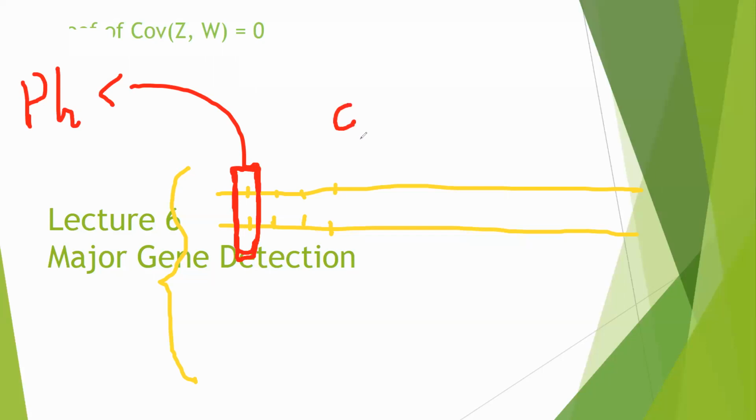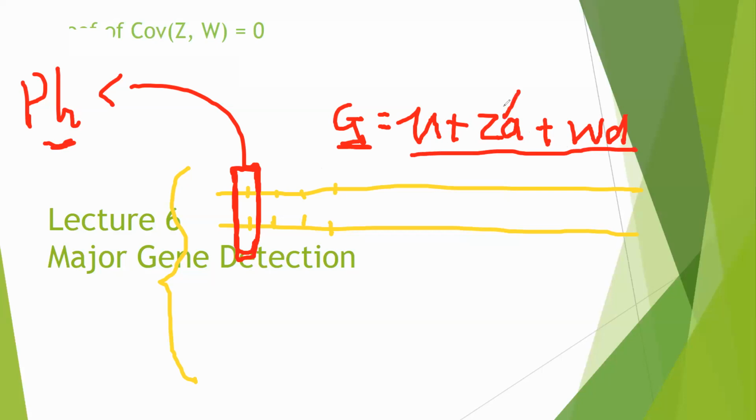How do we do that? We use this model, right? The phenotypic value equals mu plus Z alpha. I hope you still remember this. We just defined this model, right? This is a very nice model. Trust me, very good model. You can always use this model to describe the potential relationship between the phenotype and the genotype, right? This is the genotype, right? Okay, and in this specific test, we have